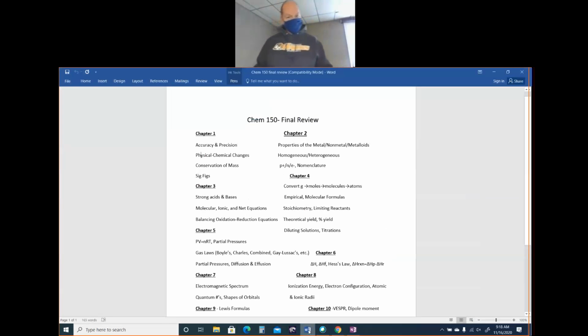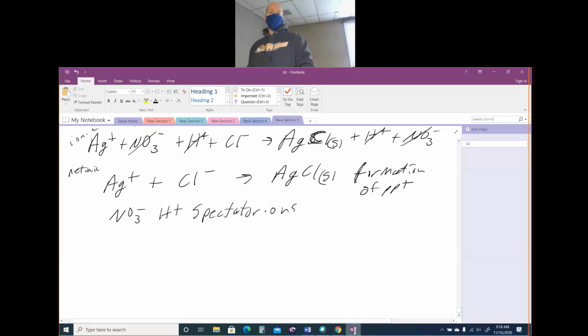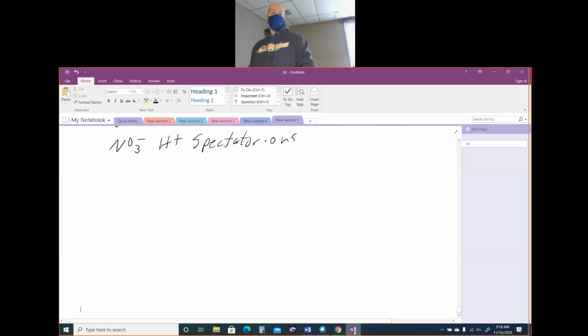All right. Well, we can skip the balancing oxidation reduction. We didn't do that, but we do have to know oxidation numbers. We don't have to balance the reactions, but we do need to come up with the oxidation numbers. Right? And so you have to still know your oxidation numbers, and you have to still know what is the reducing agent, oxidizing agent. All right, so we're not going to do the difficult ones. We're going to do the simple ones like,